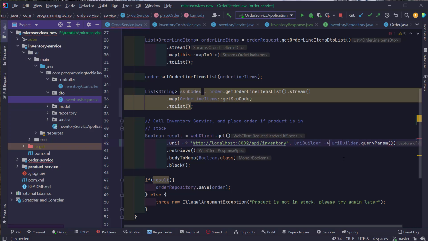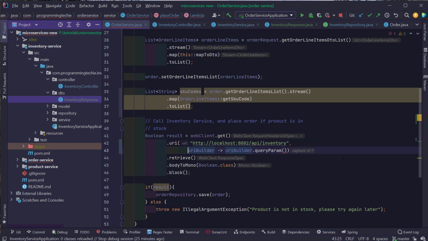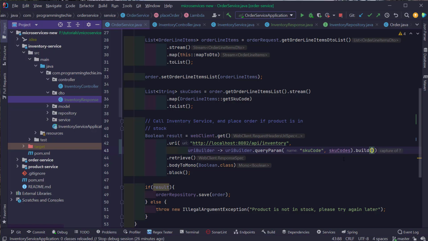Let's add this in a new line so that it's visible. As a query param, I'm going to provide skuCode, and I'm going to provide the list of SKU codes as the value. And I'm going to finally call the build method so that the web client will build the URI with the query